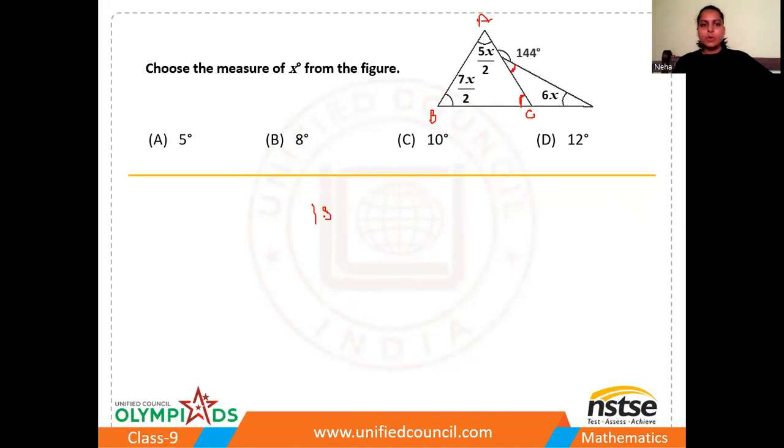So if this angle is 144 degrees, then what about this angle? This is 180 minus 144. Correct. So it becomes 36 degrees. This is 36 degrees. Right. Now I know that